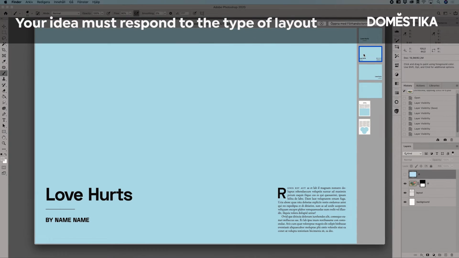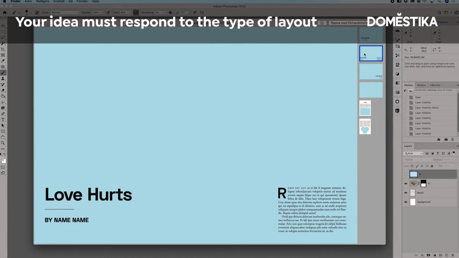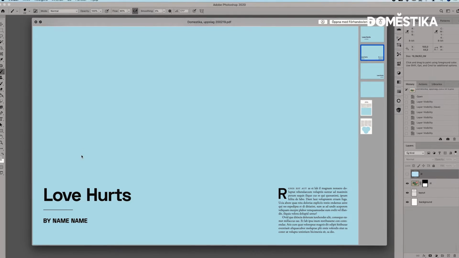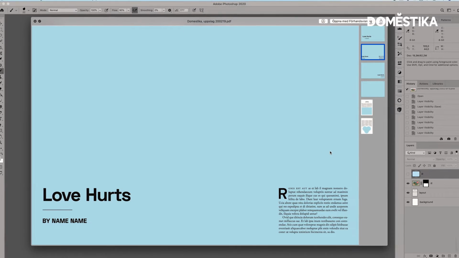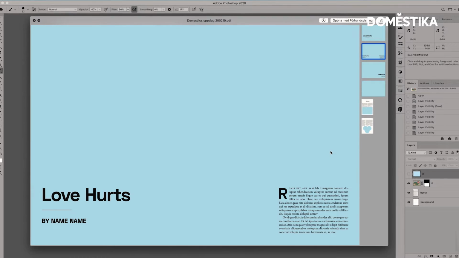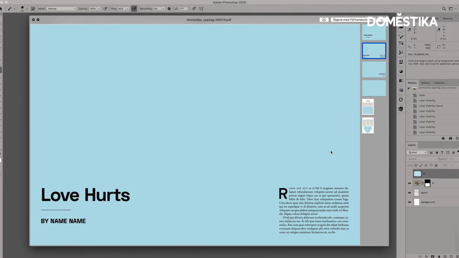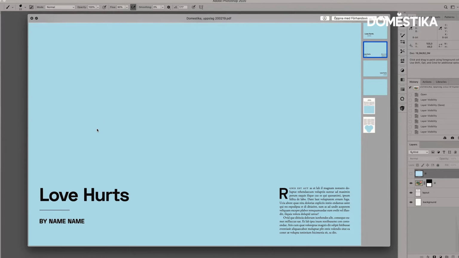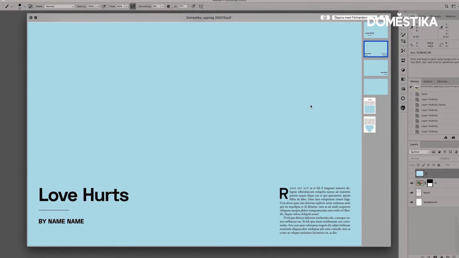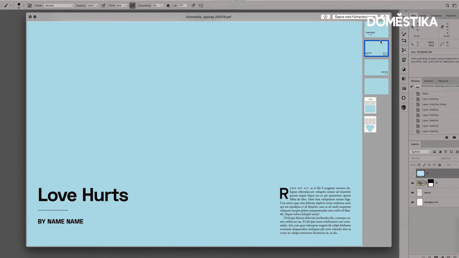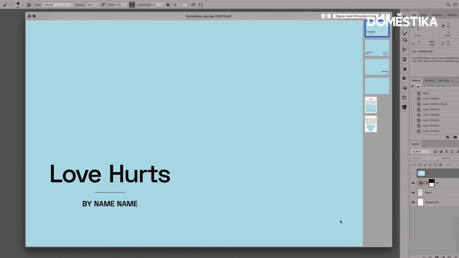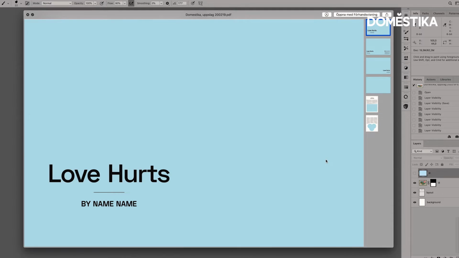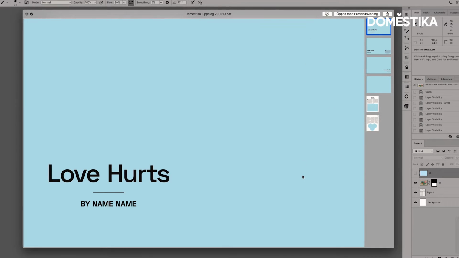Different layouts demand different ideas. If you, for instance, have this spread here, and if you had the upper part here to consider, you would need an idea that fits within that space. So maybe you want forward movement in your image, something wide, or something happening here from the left going over to the right. But if you were instead having this full page here on the right to consider, you would create an idea that would probably read from the top to the bottom or something like that.